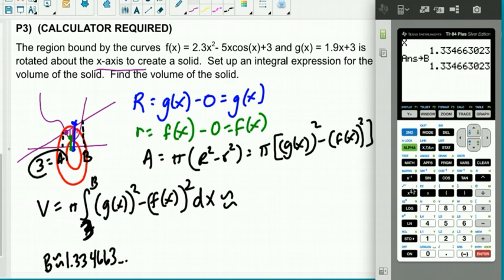And then what I'm going to put in my calculator is pi math 9. And then I need the thing I called y2. So I'm going to go to vars over to y vars function, pick y2 squared, minus the thing I called y1, so the same set of steps, except y1 quantity squared, comma, with respect to x from 3